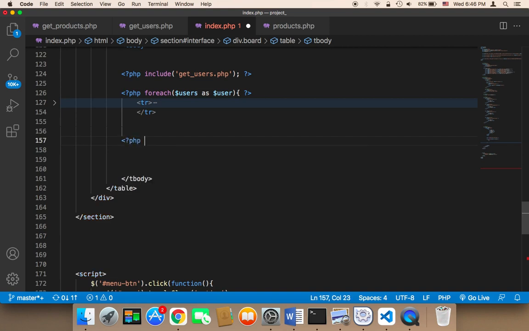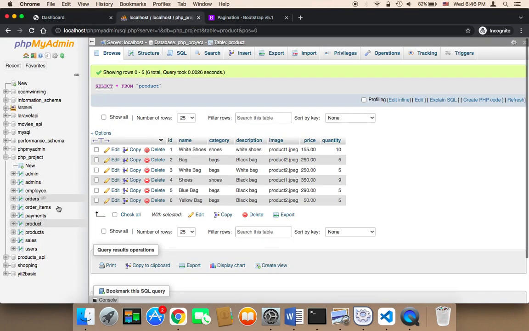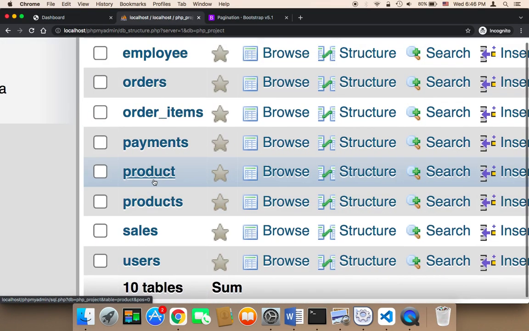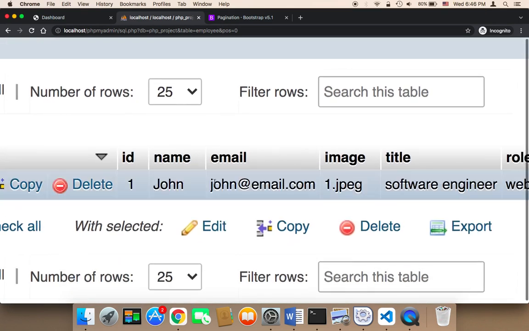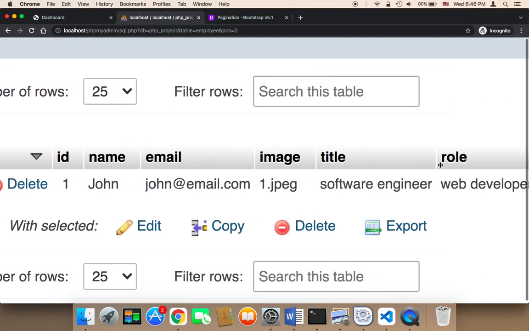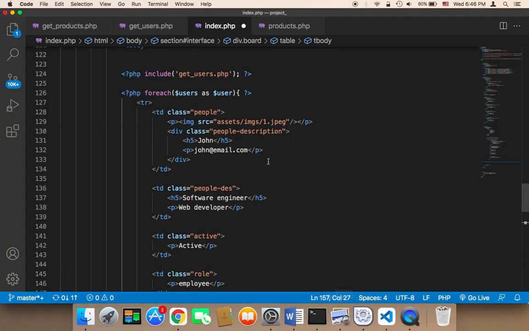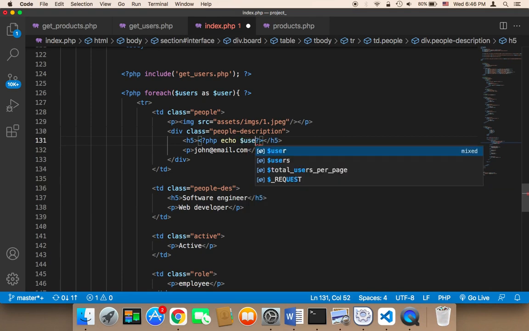We need to say here php and then close the curly bracket, and in between we want to display the information. So the information, remember, if you go to the database, you'll find that I have a table called employee. In the employee table, the fields that we have are the name, email, image, title, role, status. So the name, I'm going to start with the name here. Instead of John, I'm going to say php, and then echo, and then user name,